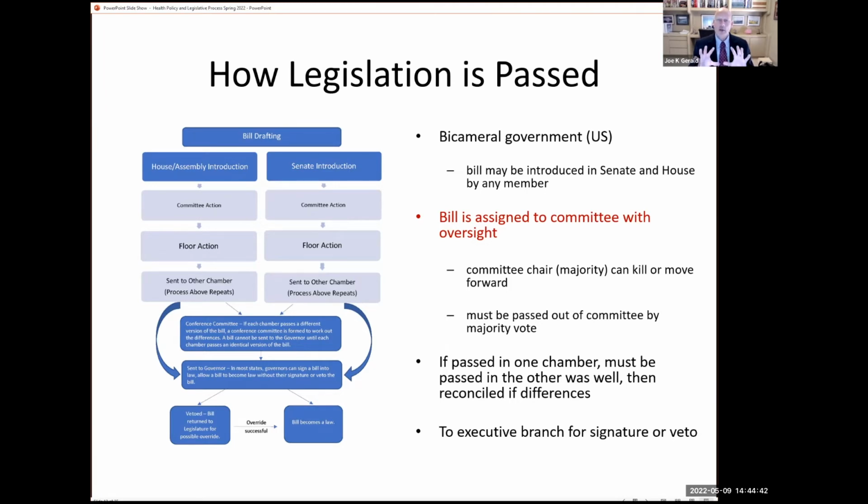The power in our government in the legislative process is in the committees of the Senate and the House of Representatives. Within a committee, a chair who is from the majority party can kill or move a bill forward on their own whim, right? And so whoever has seniority on that committee in the majority party can kill any legislation on their own without any votes, anything else being done. They have singular power to do that.